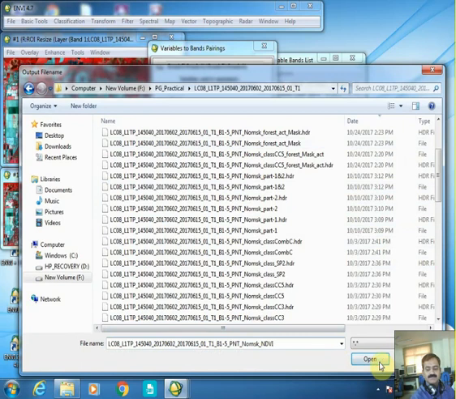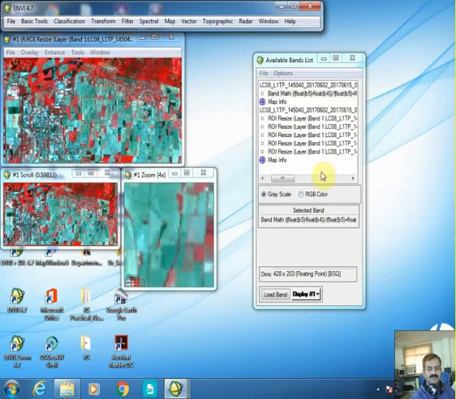NDVI. Say OK, and now you can see in a fraction of a second it has created another image with a single band,